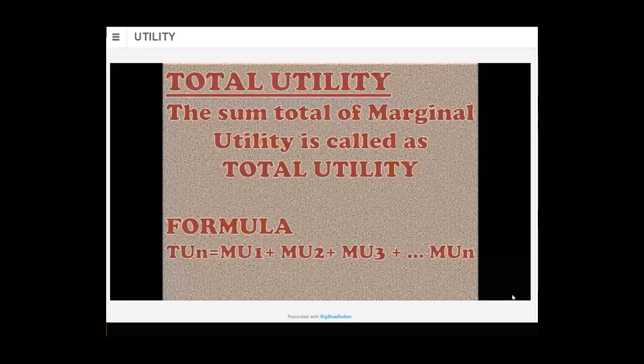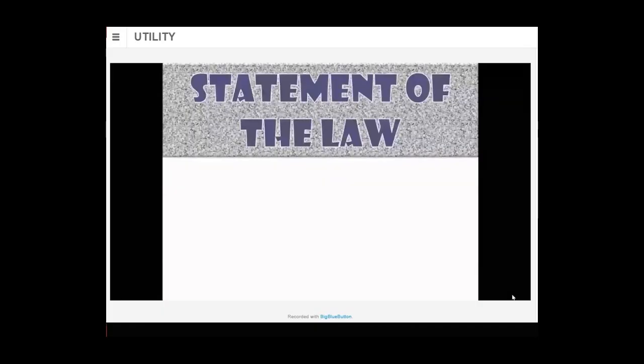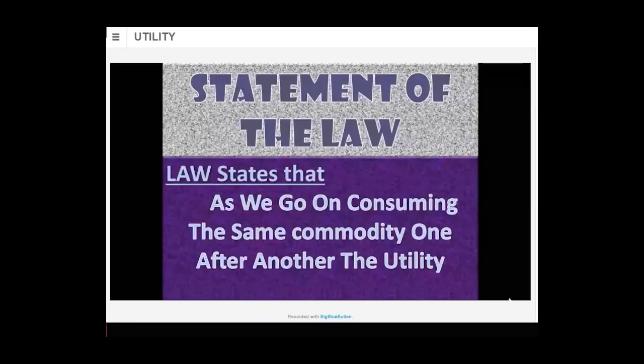Now, the law explains to us the relationship between total utility and marginal utility. What was stated by Professor Alfred Marshall in his law? हम वो statement discuss करते हैं. The law says as we go on consuming the same commodity one after another,